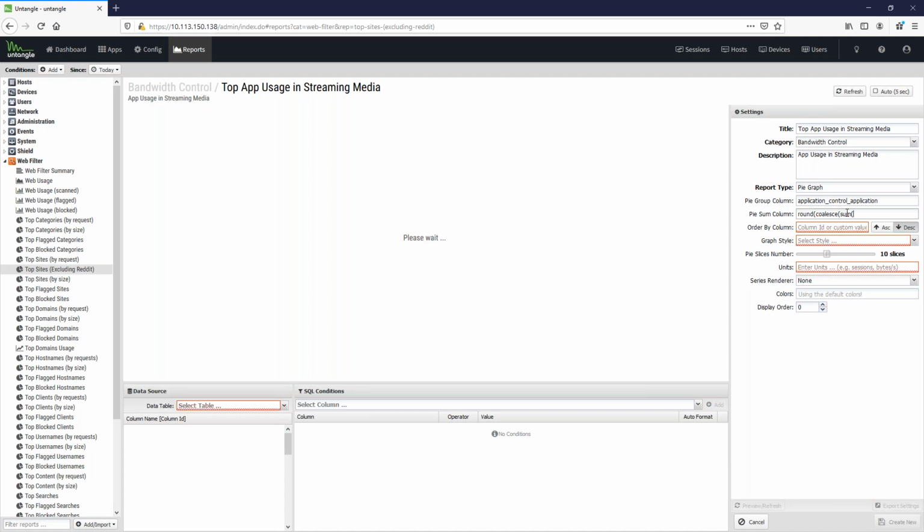So a lot of this is syntax and formatting. Because this is a bandwidth control report, I'm mostly concerned about the actual amount of data being used by these apps. So I am going to be focusing primarily on two values, source to client bytes and client to source bytes. Then to finish out the syntax, comma 0, parentheses,